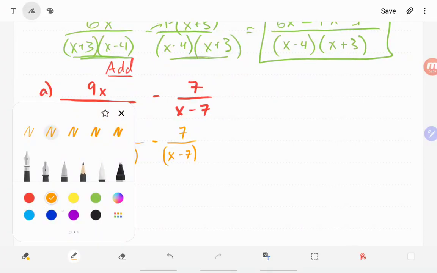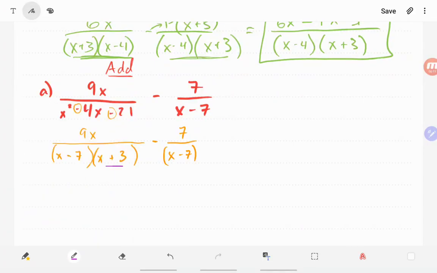So let's go ahead and take the part that we're missing, and multiply the denominator and the numerator by that value, such that we have a common denominator. Okay, sweet. So let's go ahead and rewrite this problem. So we have 9x minus 7 times x plus 3